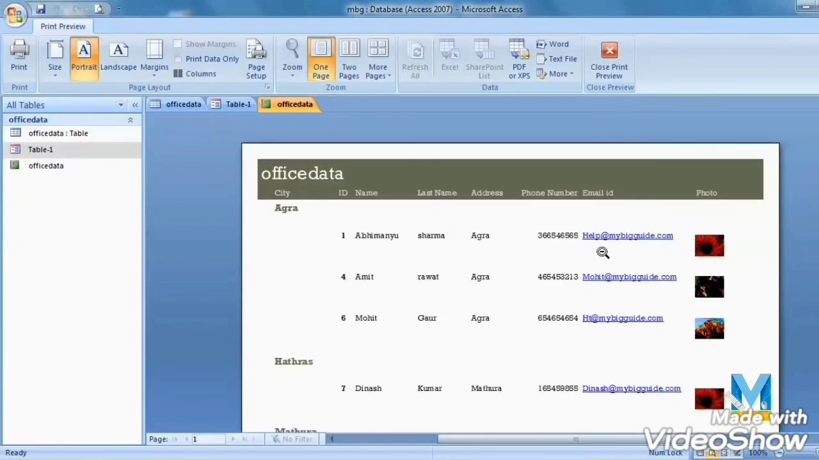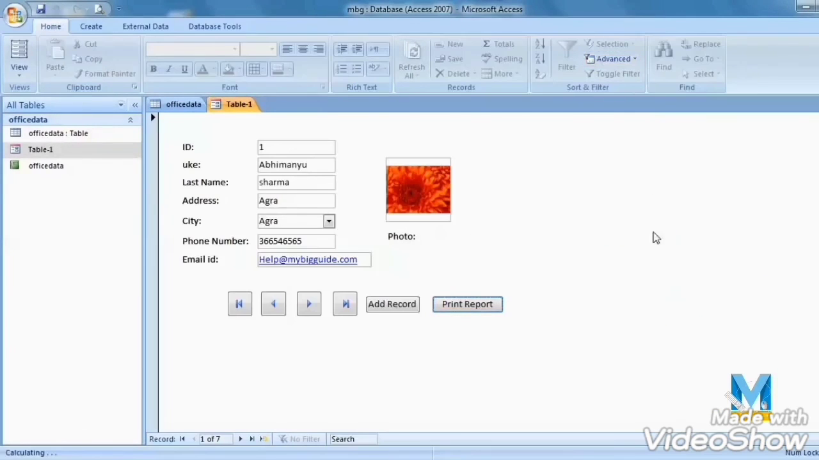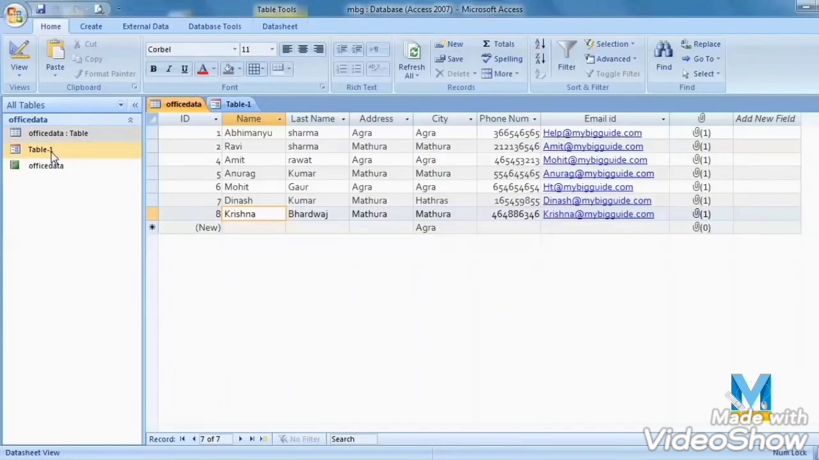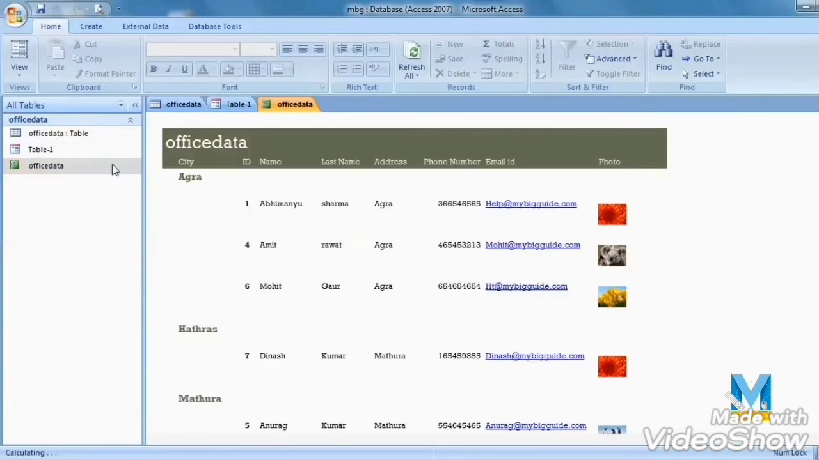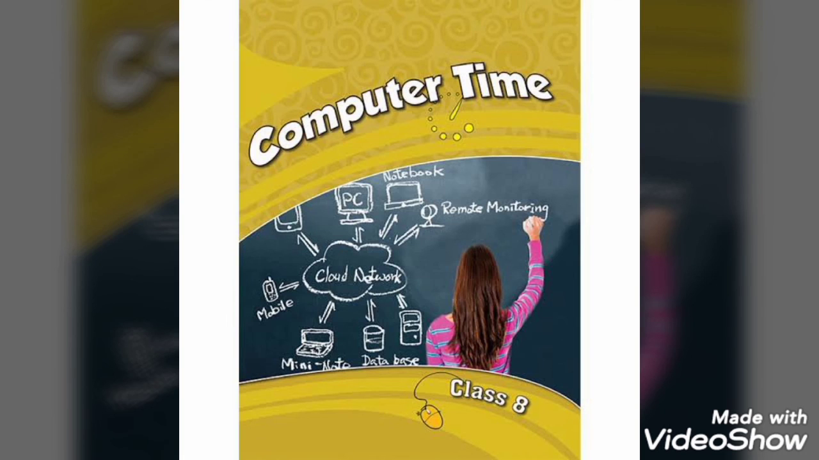Everyone, do practice on the computer. Suppose a student's computer is not there, then on the mobile also you can download Microsoft Access. Whichever application you want to learn, that is also possible there. Microsoft Word is there,